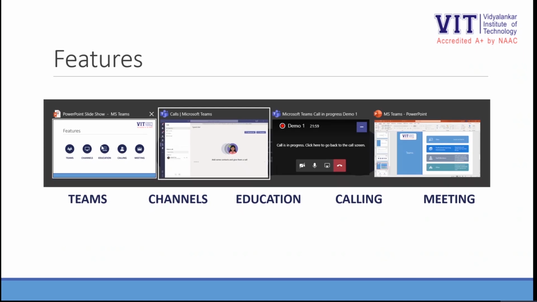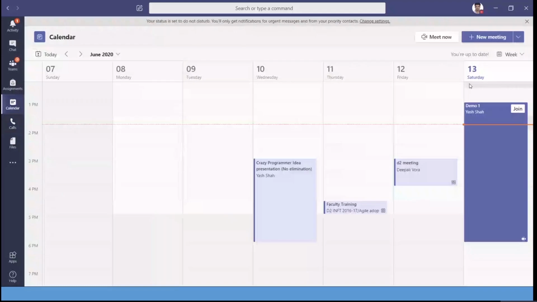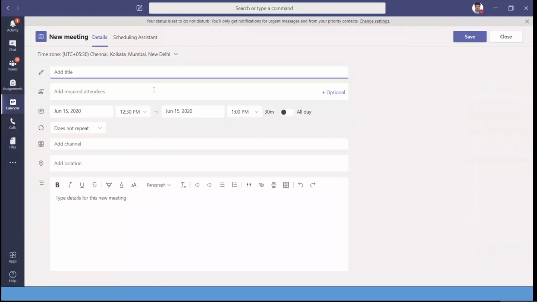Here, what I need to do is go to my calendar, pick a date, say for example, I pick 15th, that is a Monday, and just click on the calendar. In the title section, you can add your subject's name along with the topic name. For our example, I'm writing DBMS ER diagram.